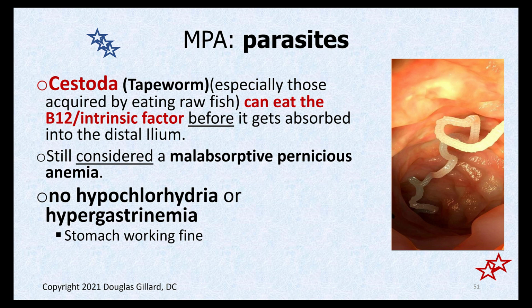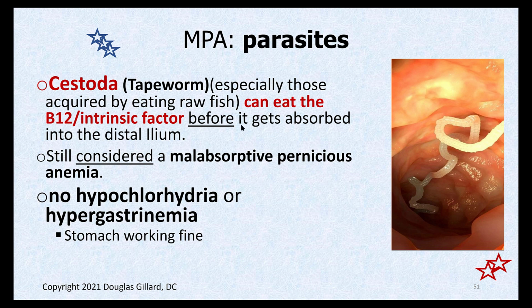Another malabsorptive pernicious anemia: parasites. Look at that, Lola. What's that thing? That's called a tapeworm. What does it do? It lives inside your intestine and it eats your food, and you get really skinny. We don't have that in our country, though. But if you go down in South America, you could get a tapeworm, or the official word for that is cestoda. And cestodas, they love to eat vitamin B12 and intrinsic factor like candy, like cupcakes. They'll eat it all up.